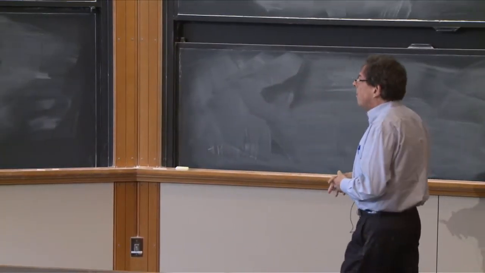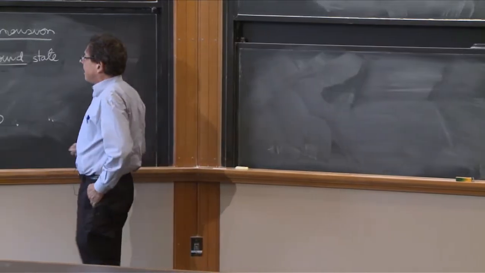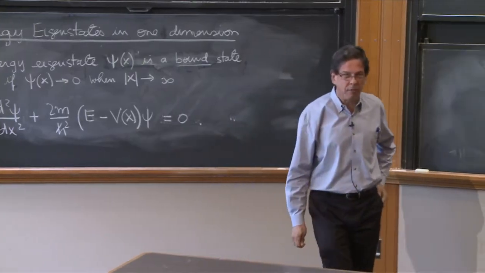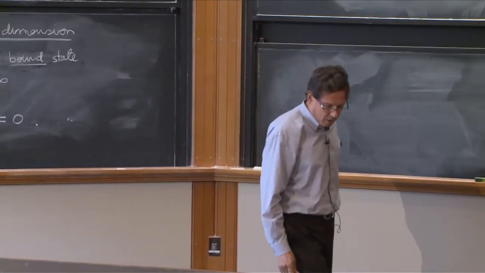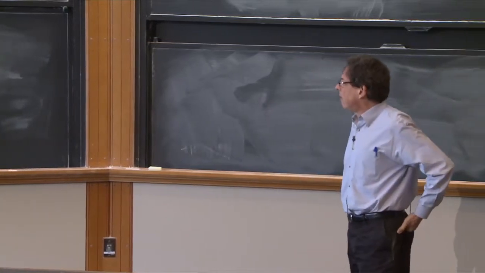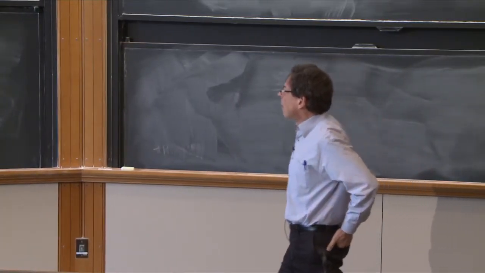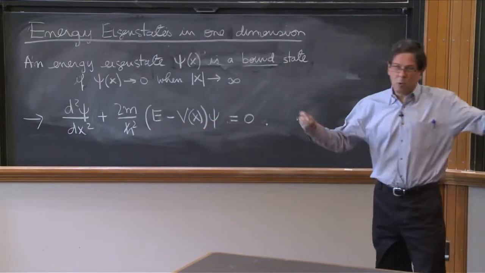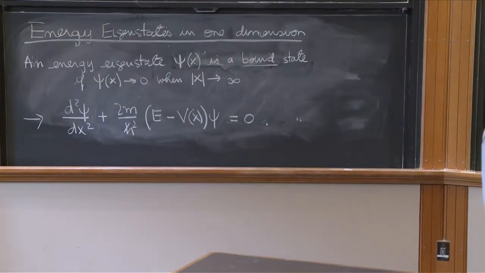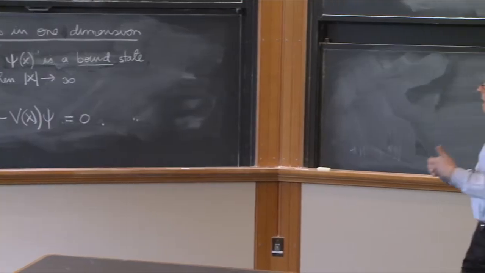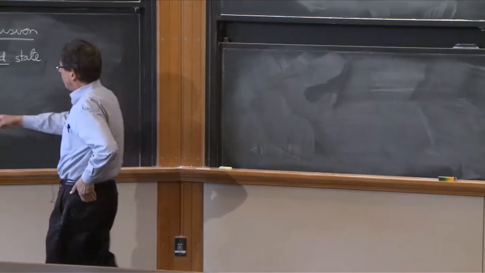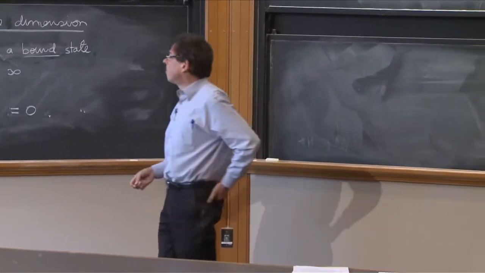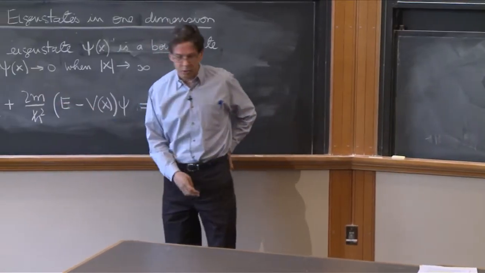Now, remember, we're trying to find energy eigenstates, that is, to find time-independent wave functions that solve the time-independent Schrodinger equation, which I have rewritten there for convenience. This is the same equation we wrote last time for a time-independent potential, so that the full wave function can be written as a phase that contains the information of the energy times a function of x, psi of x. That still may be complex, but it doesn't have to be complex. As you can see, this is a real equation.